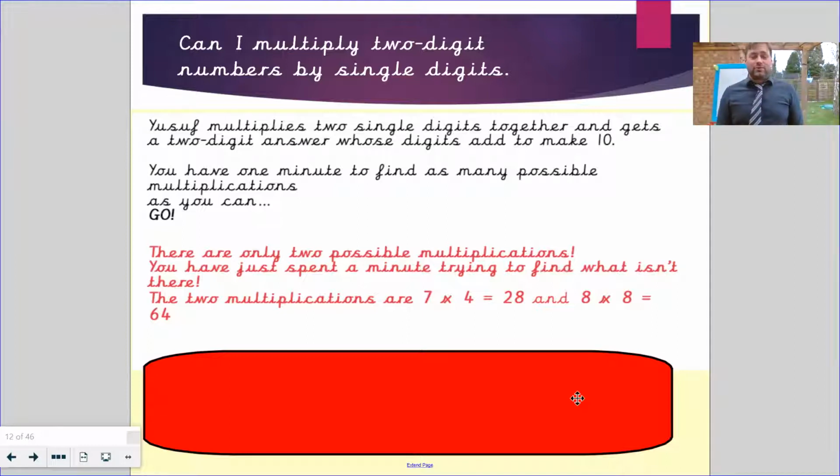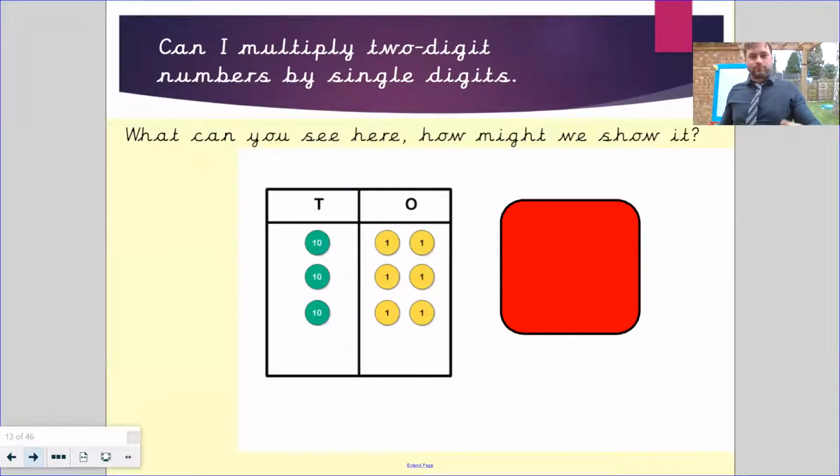It can be done if you use a 2-digit and a 1-digit, but the question asks only for two single-digit numbers to multiply first. So well done if you actually only found the 2, but there are only 2. Okay, so for today's lesson, we are looking at multiplying two-digit numbers by a single-digit number. And on this picture here, you can see that we have 3 lots of 10 and we have 6 lots of 1. But how can we show how we got to that number? And if we were to draw a line underneath these,